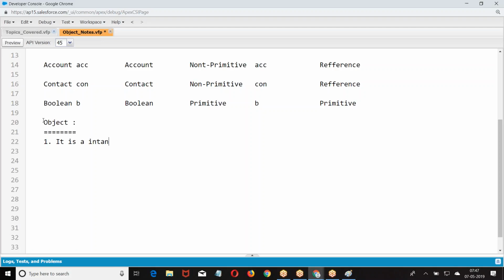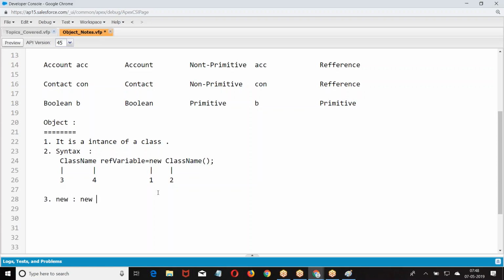It is an instance of a class. Syntax. So what was that?